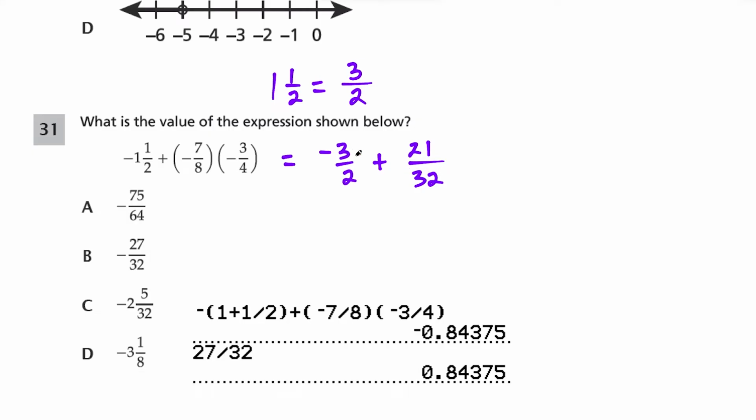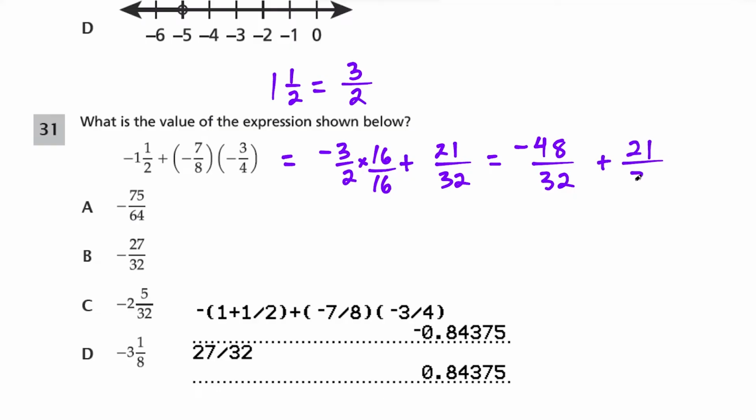So here, what I would do is make common denominators. So I'll make space. And what I'm going to do is multiply this first fraction by 16/16 so that my denominators match. I get a matching 32. So -3 times 16 is -48. And we're over 2 times 16 is 32. And then we have plus 21/32. So now if I do -48 plus 21, the math that I'm doing in my head is I'm just